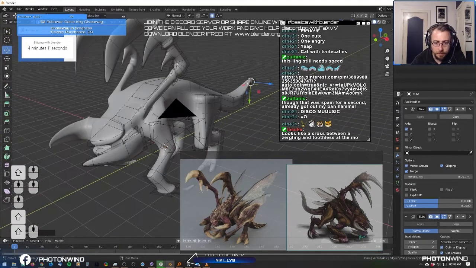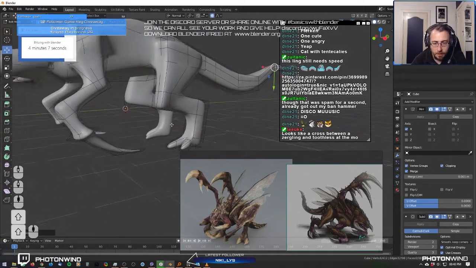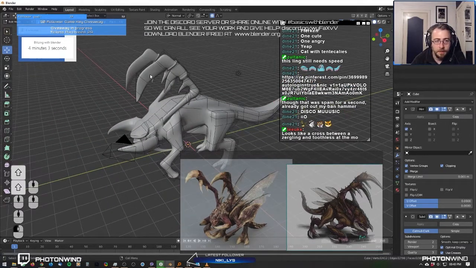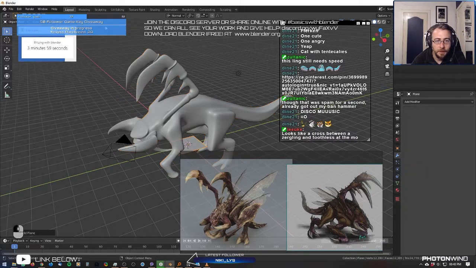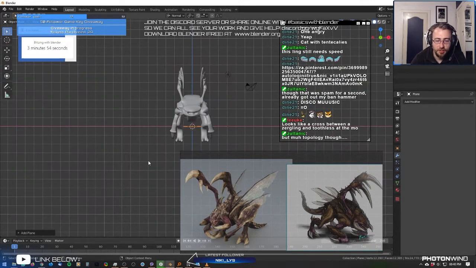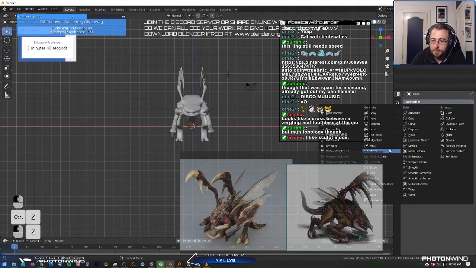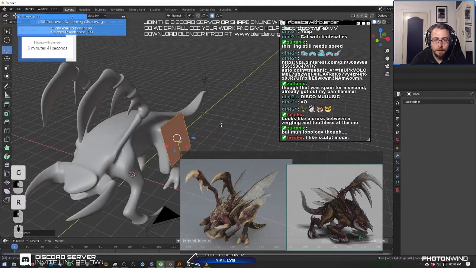Let's see, so face needs work. I think a lot of that needs bulking up. Let's quickly add a plane. Shush! Ain't time for topology. Okay. Sculpt mode is great. Okay,